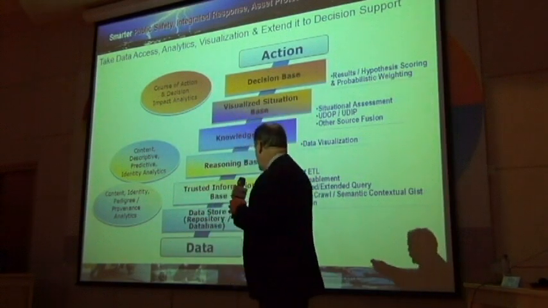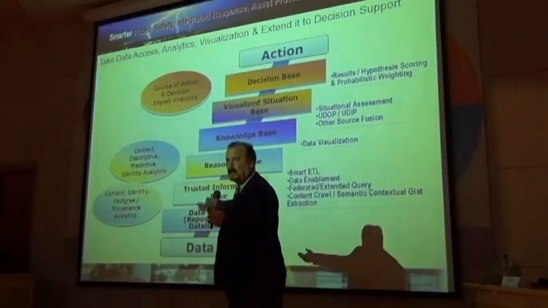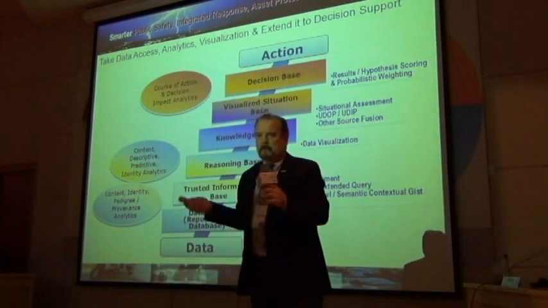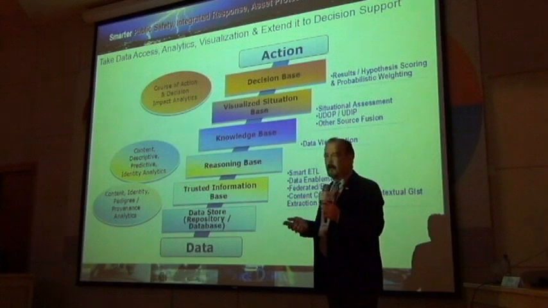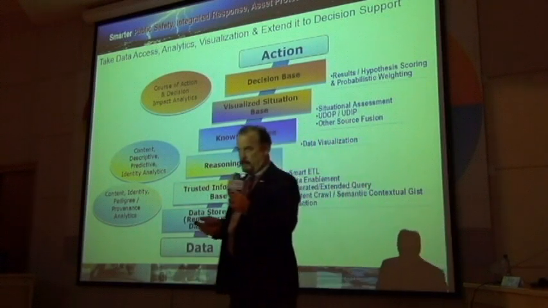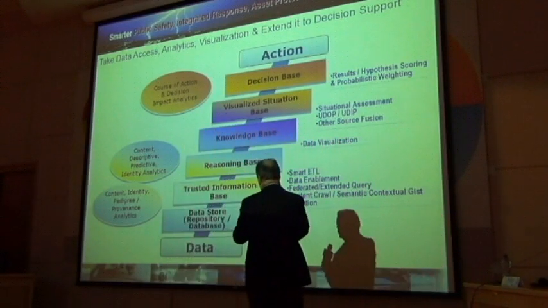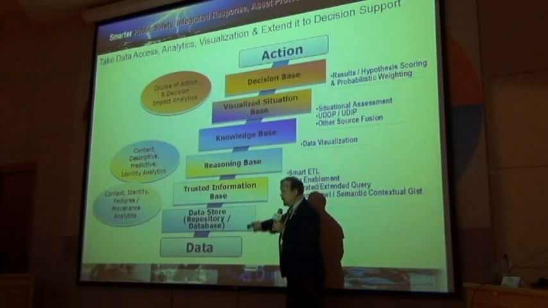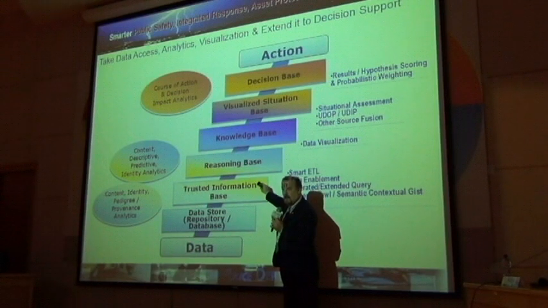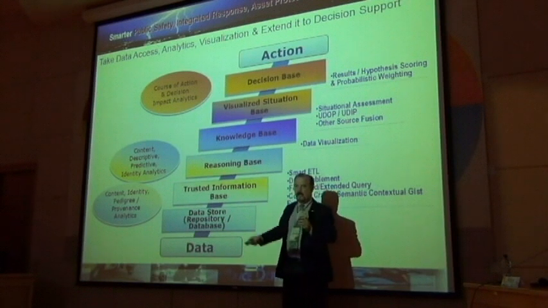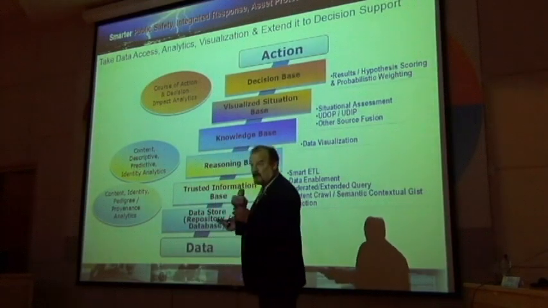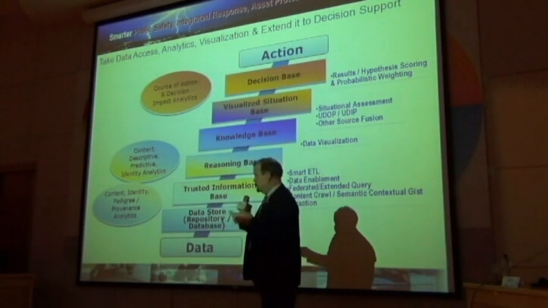The important thing to go, a lot of you probably heard, I'm going to take data and I'm going to go to action. If I had $1 for every time I've heard that, I wouldn't be here. I'd be retired. So let's talk about what really happens up this chain. You've got to have a trusted information base. If I do not get the information and have the information available and clean and verified, the old adage is garbage in, garbage out. So bad stuff comes in, you're going to get bad results.